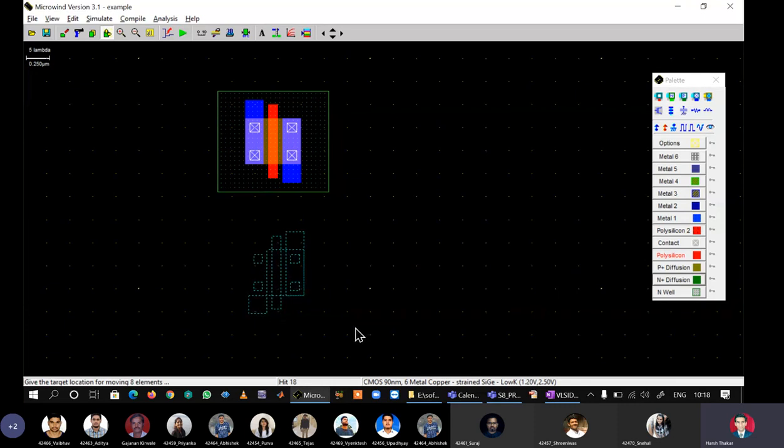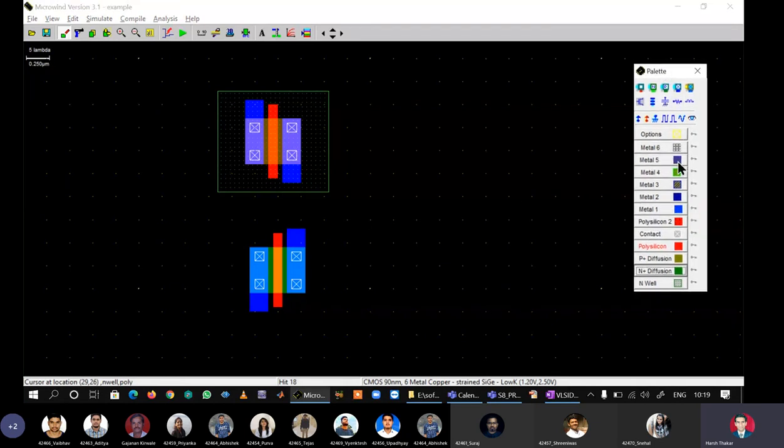Now I very well know that my gates have to be connected, right? So you know very well, again repeating, source of PMOS, drain of PMOS, gate of PMOS, drain of NMOS, source of NMOS, gate of NMOS. Now you know that I have to connect. Now this is the gate. The middle vertical red bar is the gate. So I have to connect gate of PMOS to gate of NMOS. That is why if they are vertically aligned, then I can connect them using a minimum amount of polysilicon.